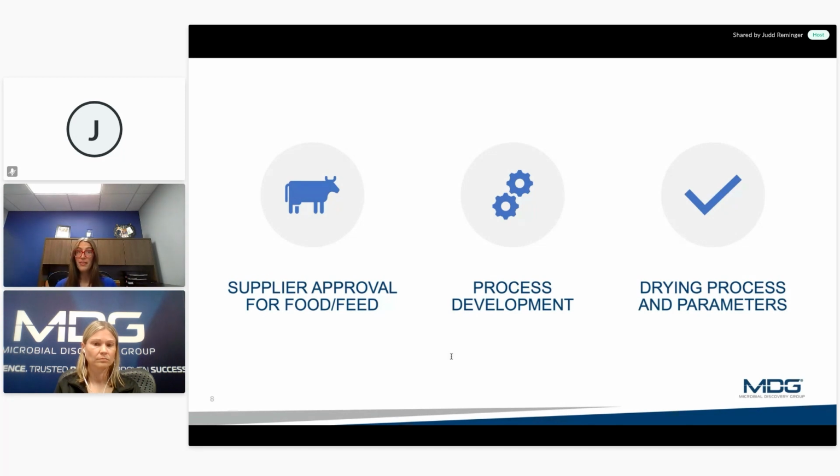Supplier approval. If you're a food and feed person, you need to make us an approved supplier. So we're doing the food safety at the same time. You're going through setting up the customer audit. So you're able to send your QA team in, your food safety team, they do the on-site audit, because that's quite a bit to get done in a 12-week time frame as well.